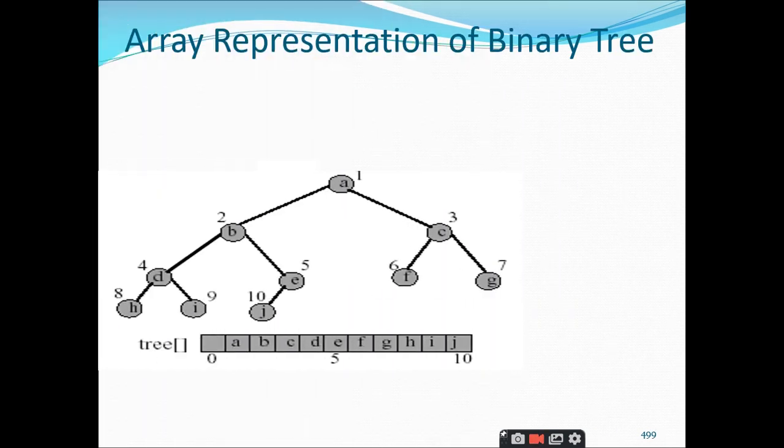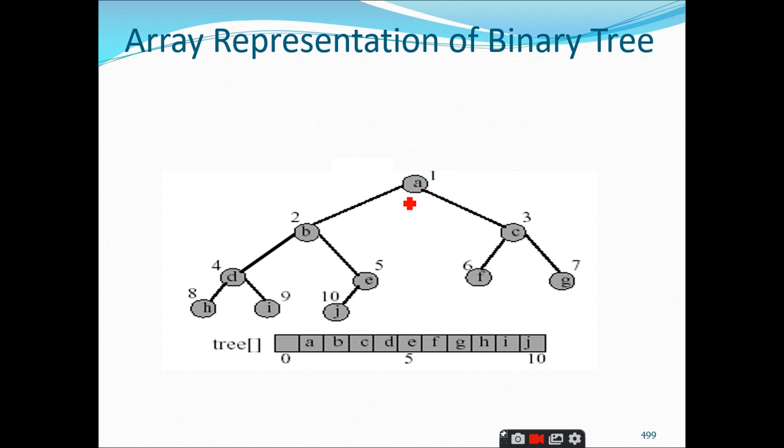So let us go with the concept. This is the binary tree example I have taken, and as I told you, you need to give the node numbers. This node numbering is only useful whenever you are representing the binary tree using arrays, right? In linked list representation you are not going to use the node numbering concept. So that is the advantage we have with the linked list representation of the binary tree, and that is the most widely used representation for the binary tree, right? We have one disadvantage with arrays that we will discuss in the coming slides, but this is the example which I have taken for this binary tree.